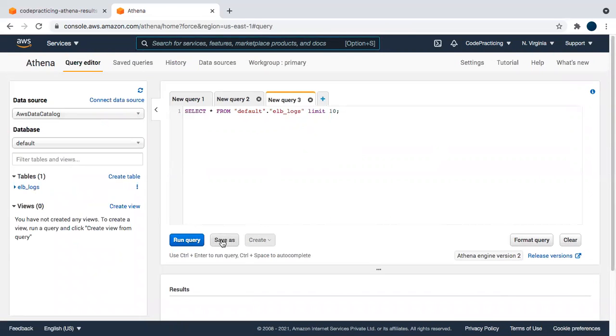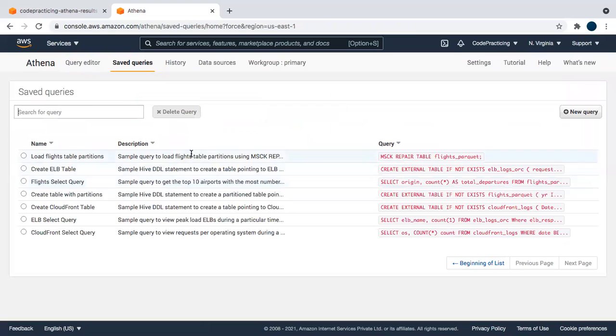You can save this query for your future reference, which will be available in saved query.